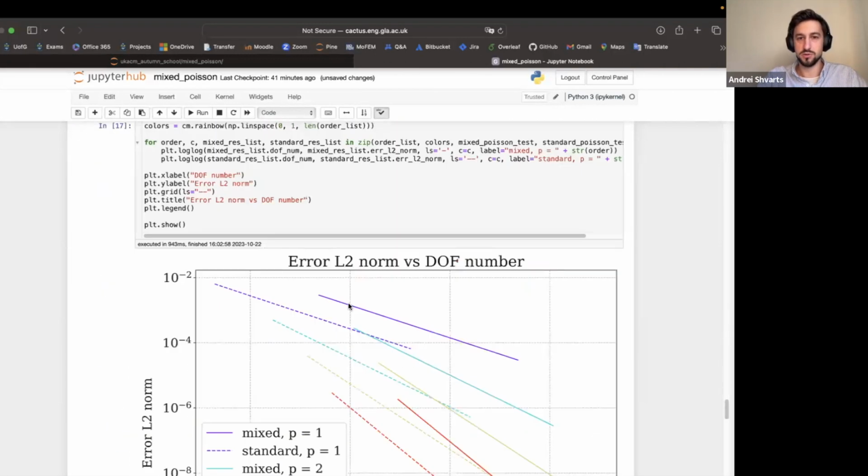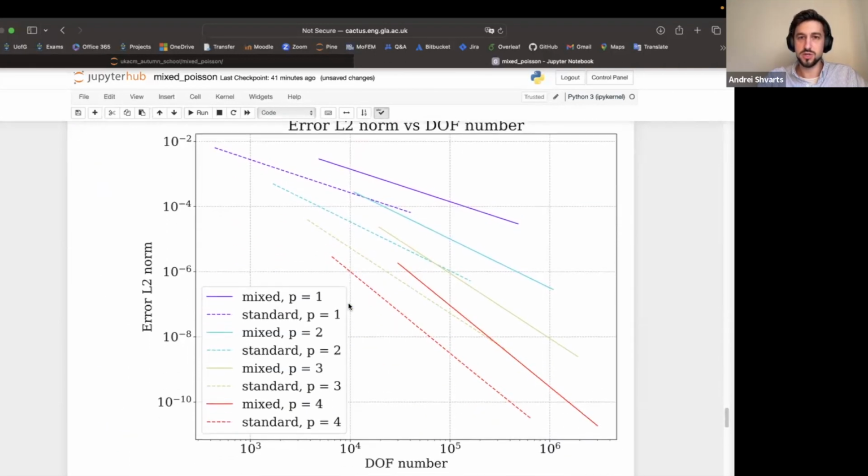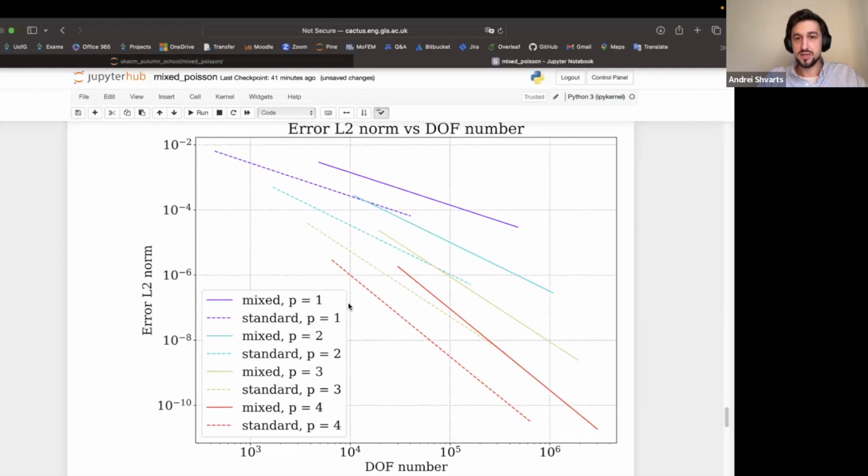So we can plot this number of degrees of freedom used, and we can see that the mixed formulation in general is requiring more degrees of freedom than the standard one, which might seem like a drawback of the mixed formulation, but the reality here is that